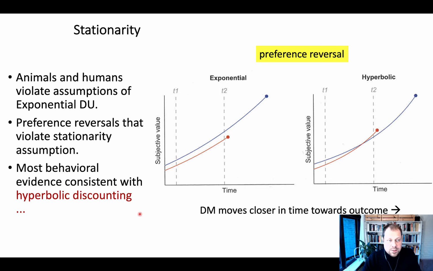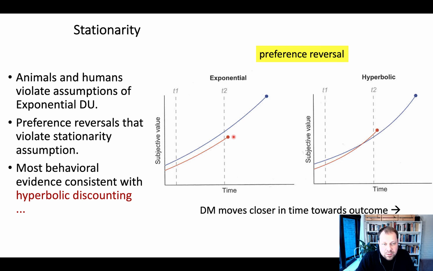So let's consider the stationarity assumption in somewhat more detail, and let's see if we can identify the assumption based on the figures here. So we have 2 time points here, the subjective values plotted on the y-axis, and these are 2 different choice options that have a subjective value, right? And we move through time. So we move now the decision maker through time. At time point 1, the decision is about these two values, a larger one and a smaller one, that